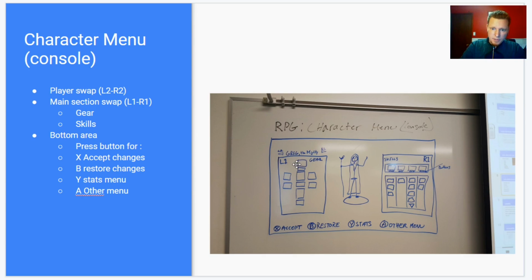navigating left and right between the gear on one side and the skills on the other side. Something I hadn't mentioned earlier is this is an RPG, so this player has skills or maybe magic spells or whatnot, and so the L1 and R1 are going to swap us between using the gear menu and using the skills menu. And down at the bottom we have some other menu buttons where we can accept our changes,